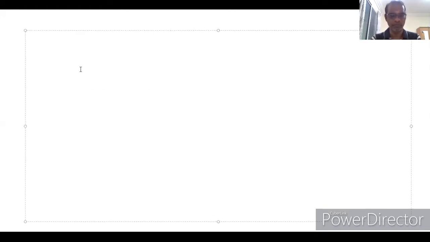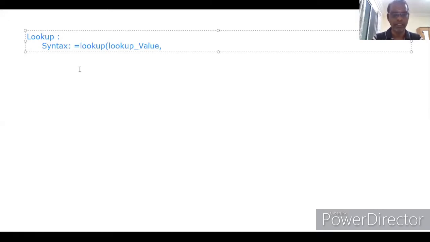First, we will see the lookup function. Syntax. Syntax means how we can use this function. First, equal to lookup, open bracket, lookup value. First argument should be the lookup value. Second one is the lookup column or lookup row.